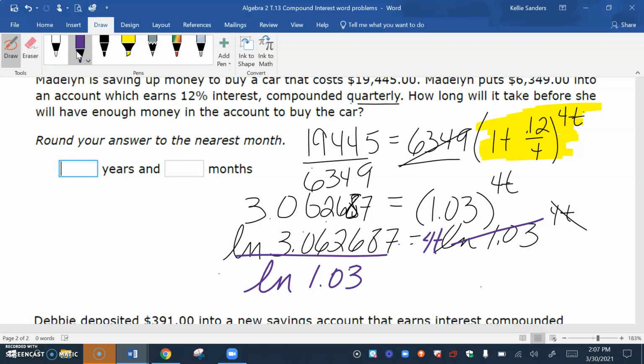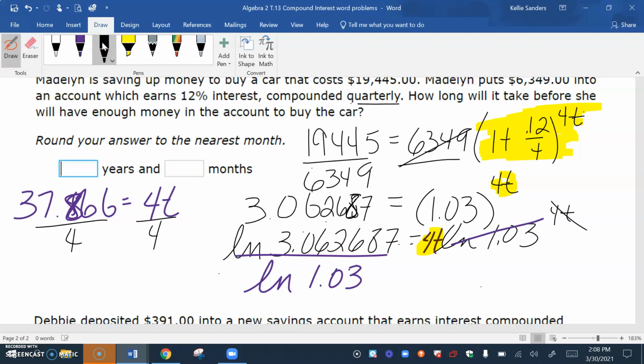So I already have 3.062687 in my calculator, so I'm going to hit natural log, second answer, and then press enter, and that's what the top of that is. And then I'm going to divide by natural log 1.03 and get 37.866 equals 4t, because remember there's still a 4t right there. To do that, we're going to divide by 4, and we get